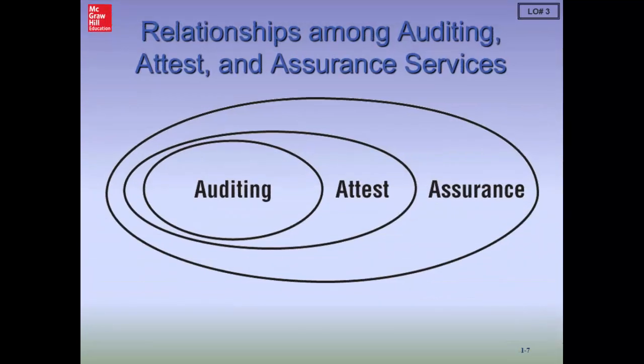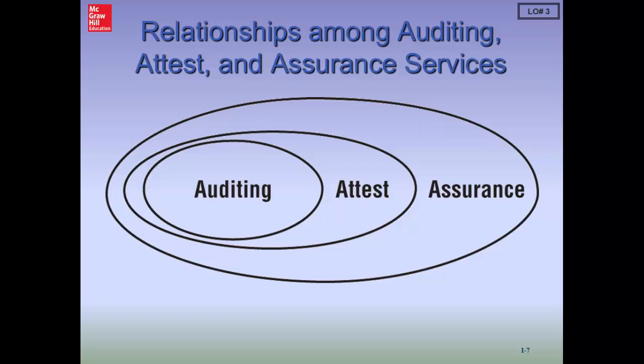Let's understand briefly where the audit fits in to the overall assurance services provided by a CPA, provided by an audit firm. You notice we have a circle within a circle. So auditing is a very specific process. The audit is where we are expressing an opinion based upon our assessment of a subject matter. Audit is also an attestation. Attestations are not audits, but audit is an attestation. Auditing also provides assurance services. But we'll understand each of these elements as we go through the course.